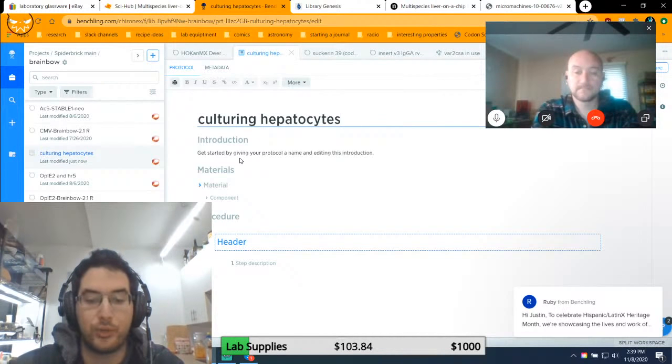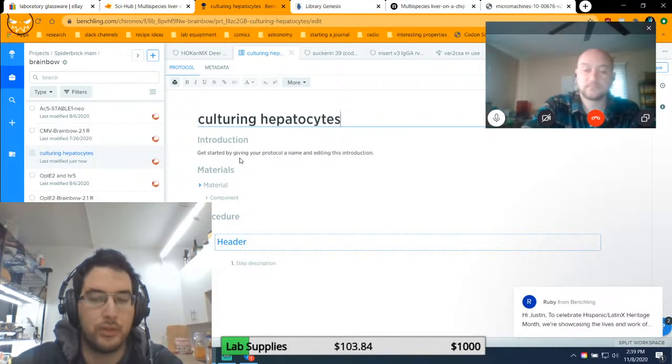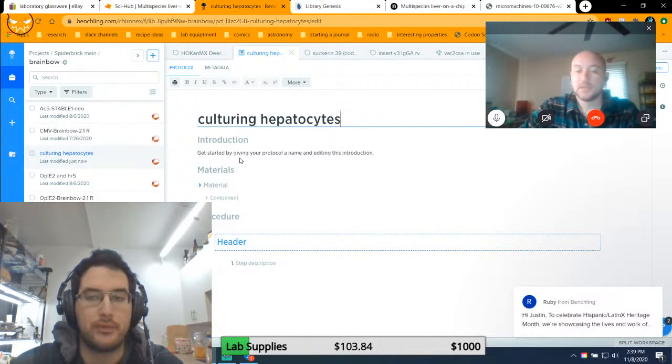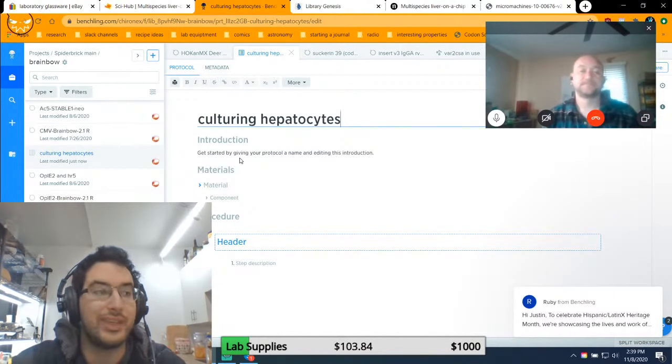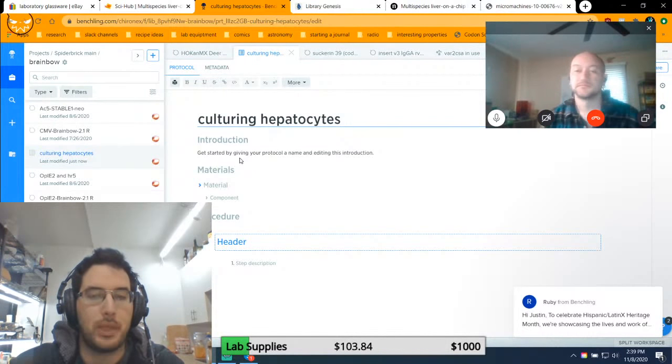And then repeat this for every expected step. In this case, you'd have one for setting up the bioprinter, a second one for post-processing the prints, one for culturing the hepatocytes, one for seeding the hepatocytes, one for